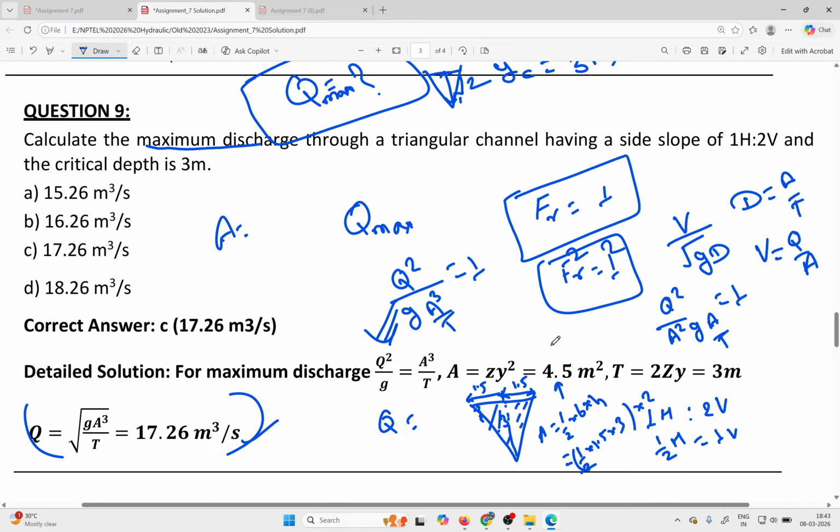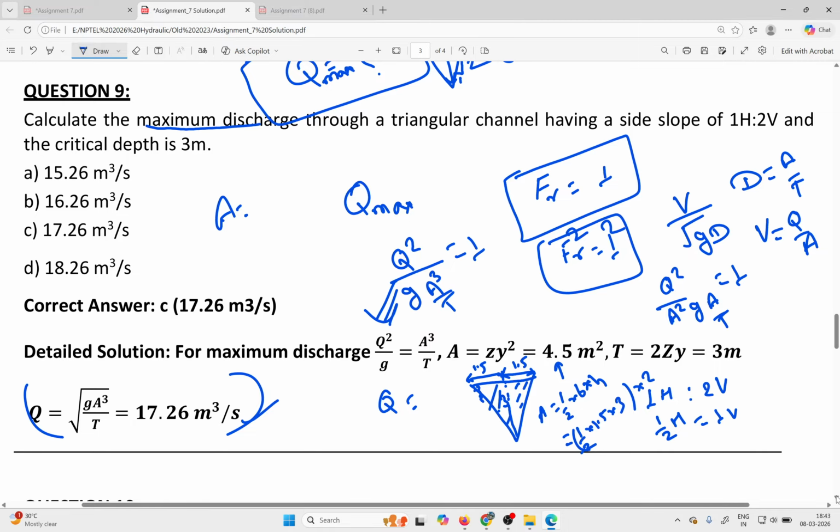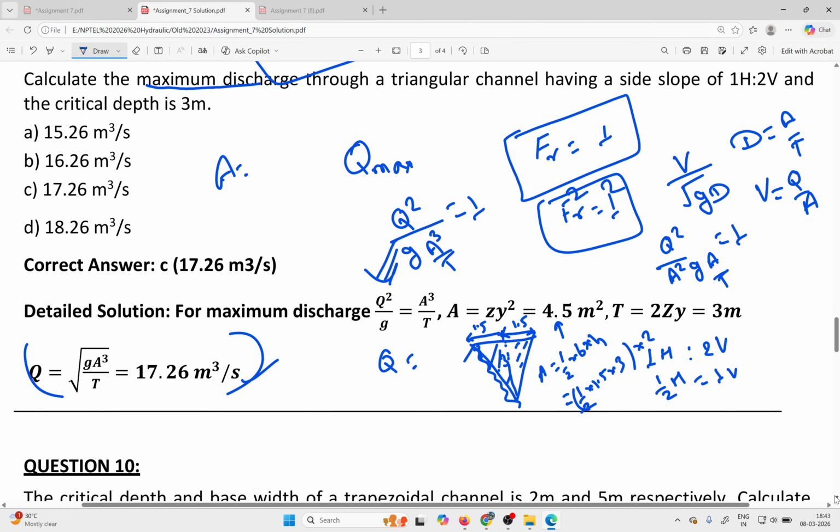Okay. So here the perimeter is not required. Once you require the perimeter, then you have to calculate these lengths, but here it is not required. Okay, so now we'll move on to the next